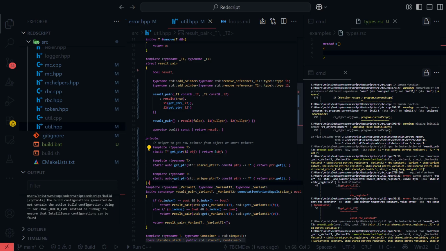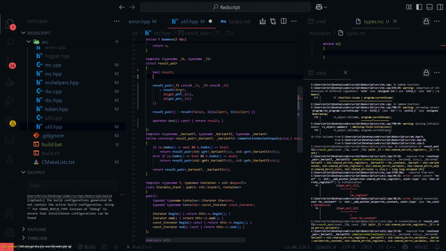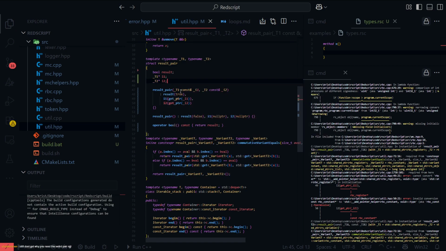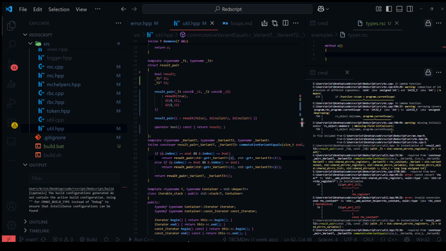This all works with literally just this. Get rid of you. Just do underscore T1 pointer, I1, T2 pointer, I2. And then that. There. That all works fine, but I'll get a warning. Do you know what I mean? Why do you need this weird pair? Okay, let me break it down for you. I won't start dancing, I promise.